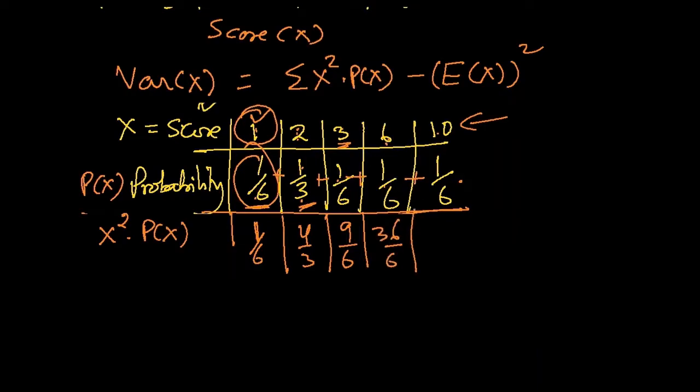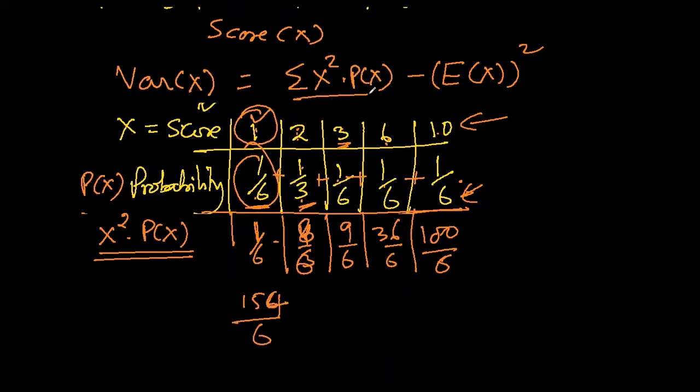Let's leave it like this. Let's not simplify. It will help to add this up. 10 square is 100, multiplied by 1/6 gives us 100 divided by 6. That's what x square px is. So now we will add all. Let me also make 4/3 into 8 over 6 so that all of them have denominator 6. If I add 1 plus 8, 9, 18, 54, 154 over